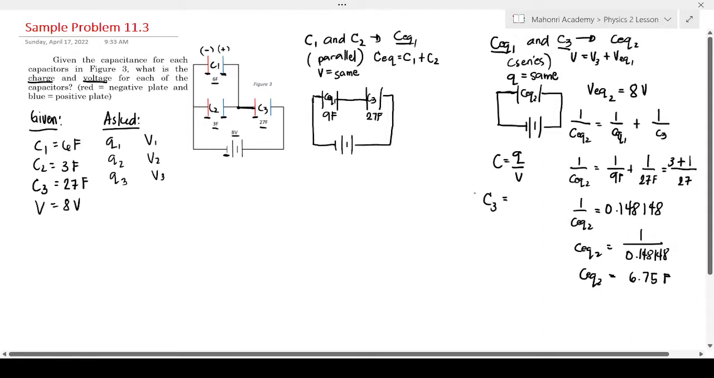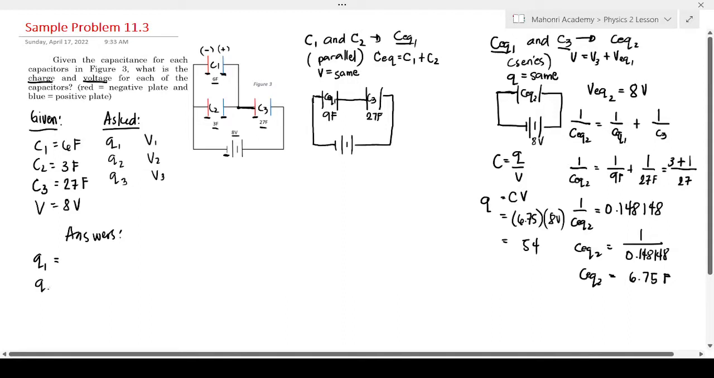So Q is equal to CV, or that is equal to our equivalent capacitance of 6.75 multiplied by 8. This is because this is 8 volts, and the Q is equal to about 54 coulombs, which tells us already that, let's write our answers here,